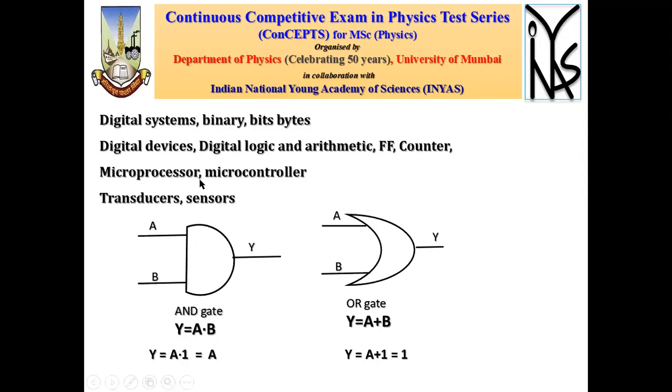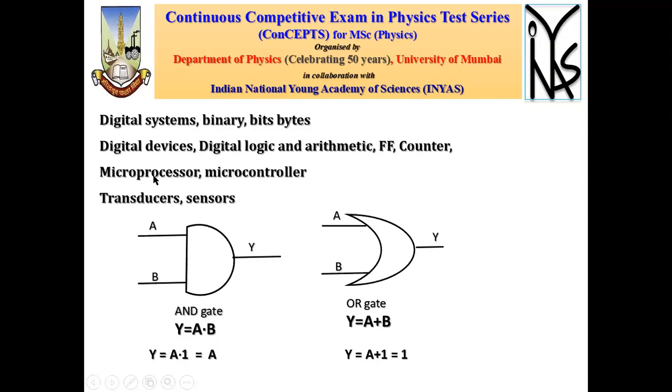Then the fabrication techniques which are used, depending upon the architecture, you can have a Harvard architecture and von Neumann architecture. So this is one, and also there is architecture based on the coding. So there is RISC and CISC. So reduced instruction set, and you have a complex instruction set.